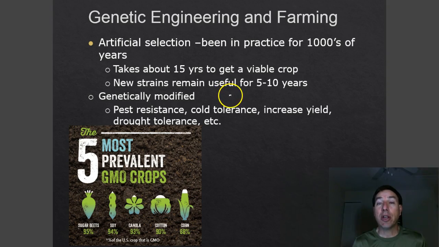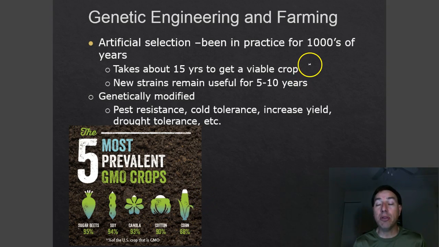Now, I mentioned genetic engineering a little bit earlier, and this has become a big hot button topic for a lot of people. GMOs, or genetically modified organisms, are becoming more and more prevalent out there in the grocery store. And you may not know it, but a lot of the foods that you buy at the grocery store, a lot of the corn, a lot of the cotton that you wear in your jeans, soybeans, canola oil, these are all genetically modified for the most part now. It's very hard to get ungenetically modified products. For example, corn. If you're in the Midwest, it's almost impossible to buy genetically unmodified corn.